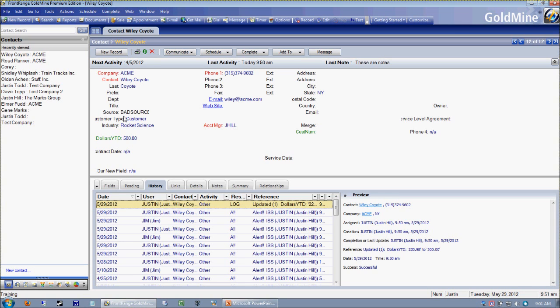Okay, we're going to look at one last thing here, which is the understated, mild-mannered GoldMine Search Center. Now, the reason why I wanted to bring this up is because I was recently doing some documentation for our